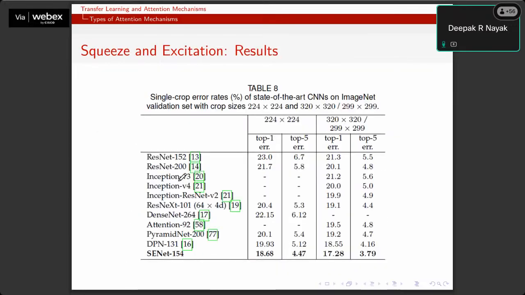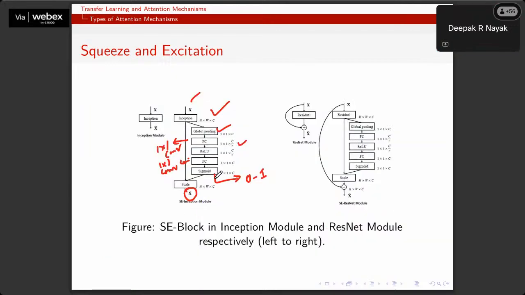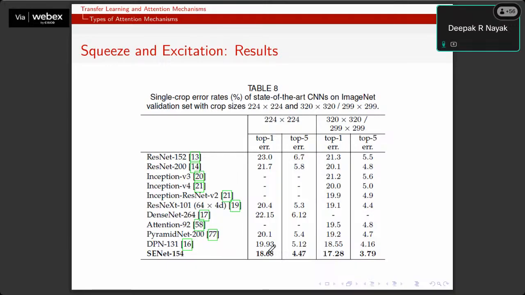And here are some of the results that you can go through in the paper, which I have mentioned over here. That's the CVPR 2018 paper known as Squeeze-and-Excitation Networks, where the authors applied the squeeze and excitation attention module into the ResNet architecture and other architectures. Here is the result you can see on the very popular ImageNet data set. The error rate is really less compared to the other architectures using this squeeze and excitation attention. Fine. So the next is